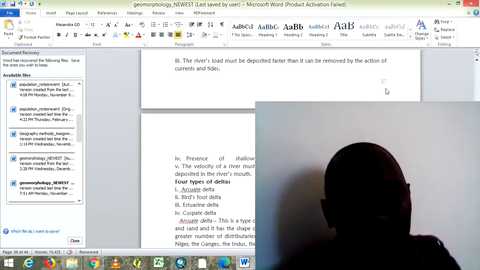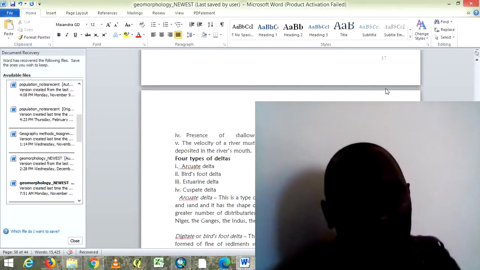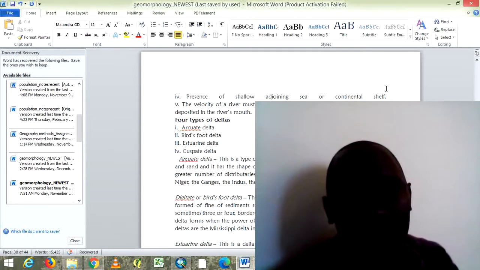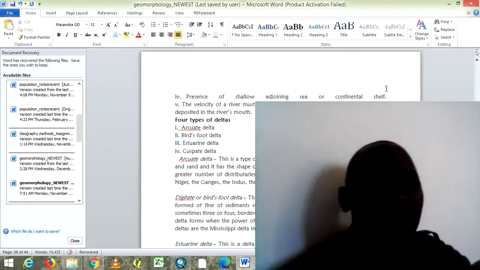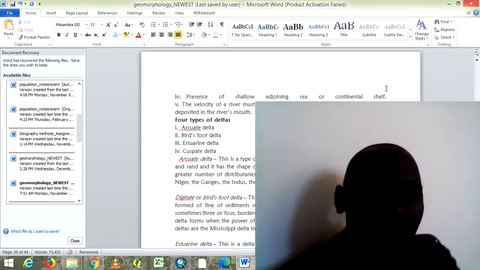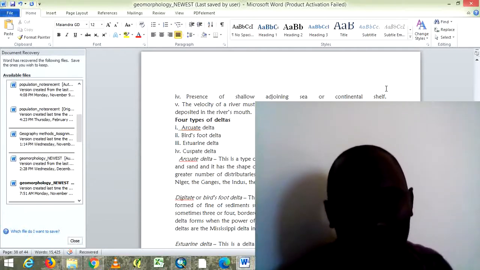We have arcuate deltas, we have bird's foot, and estuarine and cuspate deltas. An arcuate delta is a type of delta composed of mainly sediments such as gravel and sand, and it has the shape of an inverted cone. We all know the shape of an inverted cone. That's how it subdivides itself as it enters the lake. Examples of arcuate deltas: we have the Nile Delta, the Niger Delta, the Ganges, the Indus, the Mekong, and the